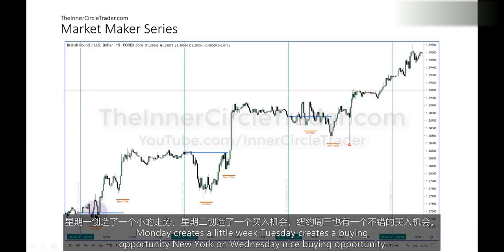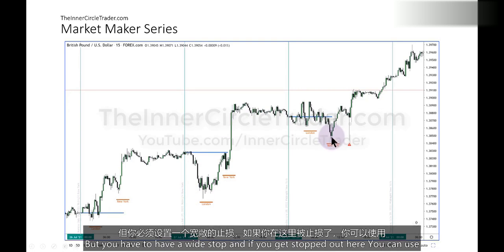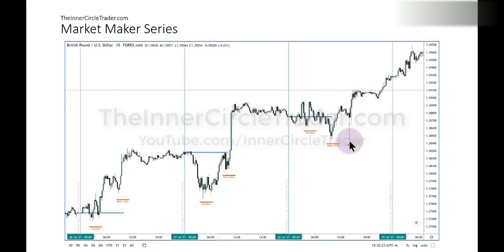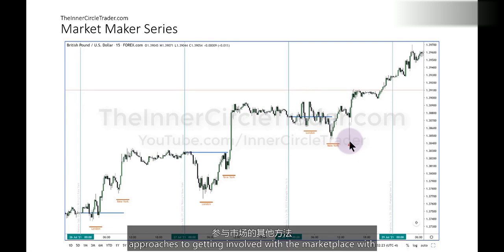So we're looking to engage, if we're bullish, like we were teaching in this series, pound dollars bullish, Monday creates the low of the week. Tuesday creates a buying opportunity. New York on Wednesday, nice buying opportunity, but you have to have a wide stop. And if you get stopped out here, you can use, obviously, other approaches to getting involved with the marketplace with